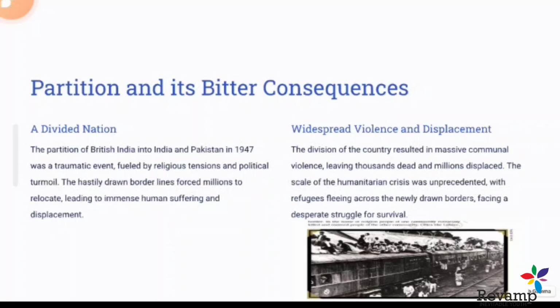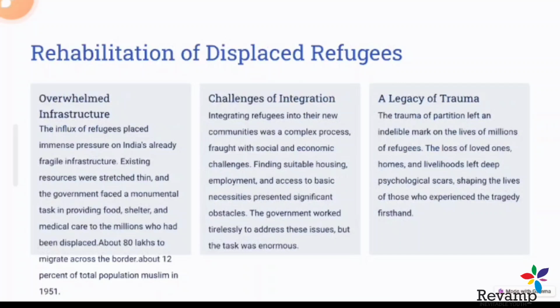When the partition was decided, many Muslims, like Abdul Ghaffar Khan of the Northwest Frontier, who was also called Frontier Gandhi, were totally against this partition. But it happened and India and Pakistan were divided, but a lot of the Muslim population decided to remain in the country. They did not want to go to Pakistan.